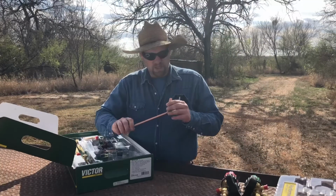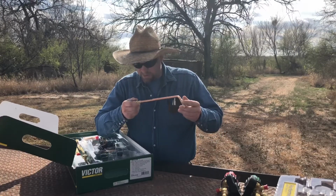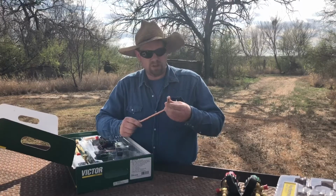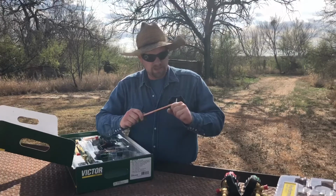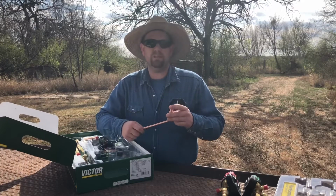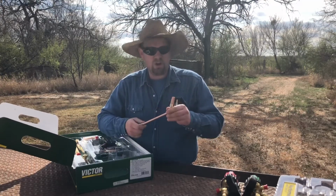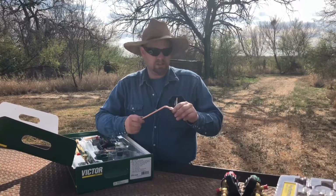It comes with a rosebud. This is probably a number 4 rosebud. Not an extremely big one, but it will get the job done. You probably can't heat a big area or 1-inch steel with this. Well, you probably could, but it'd take a while. This is most definitely probably all that a homeowner would need, and your basic contractor. So